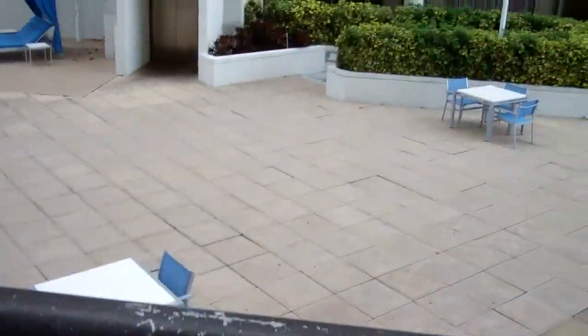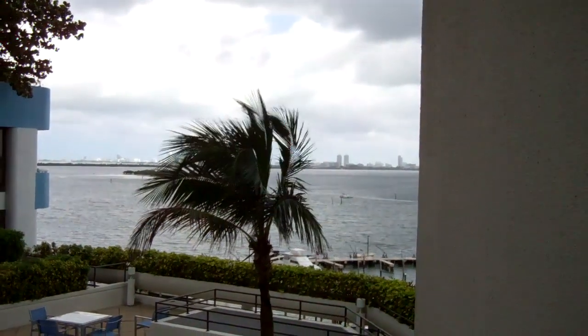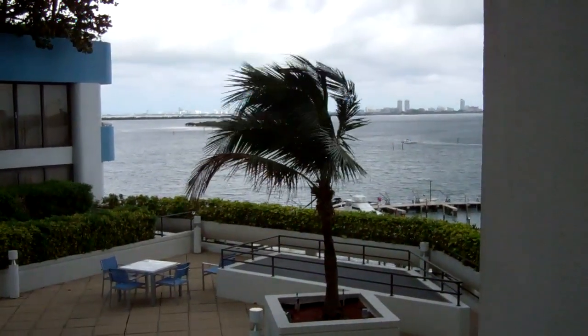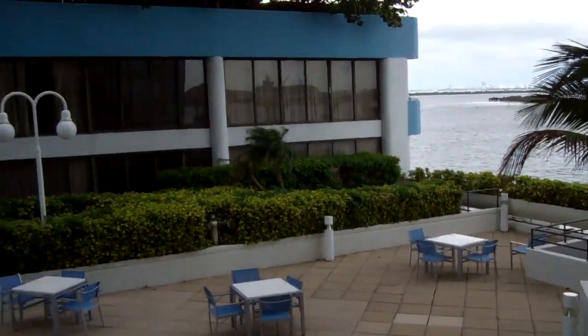Not a very big balcony, but it is a balcony. And there is Biscayne Bay out there. We just had a rain shower a couple of minutes ago, but like it always does in Florida, it rains for 15 or 20 minutes and then it's done. So